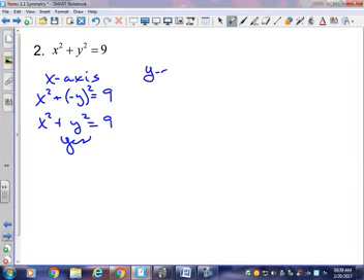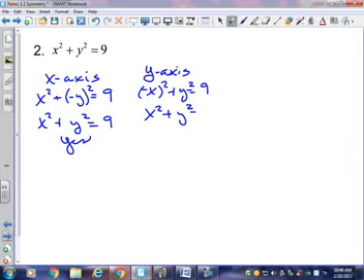Now I'm going to do y-axis. That means put in negative for x. Guess what? It goes away. So yes, it has y-axis symmetry. Now if it was yes for one of them and it was yes for the other one, that doesn't mean the origin is going to be yes. Because once in a while it's not. It depends on what the equation is. But in this particular case, because we're squaring it out,